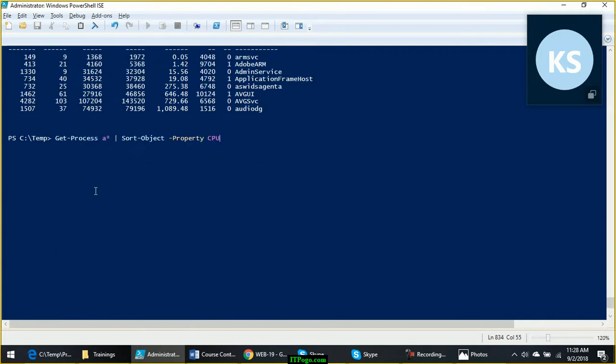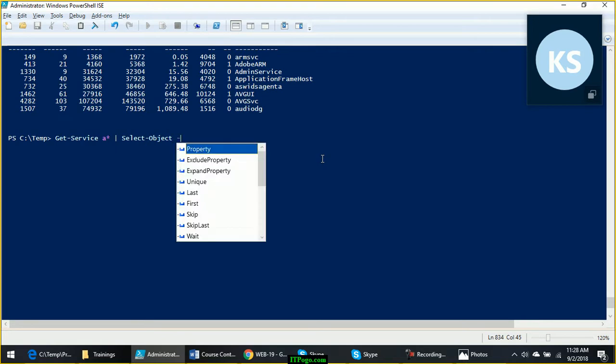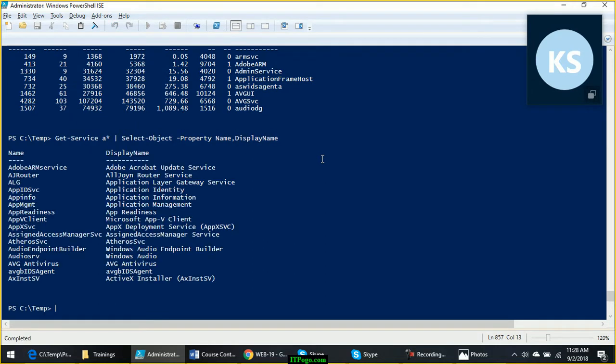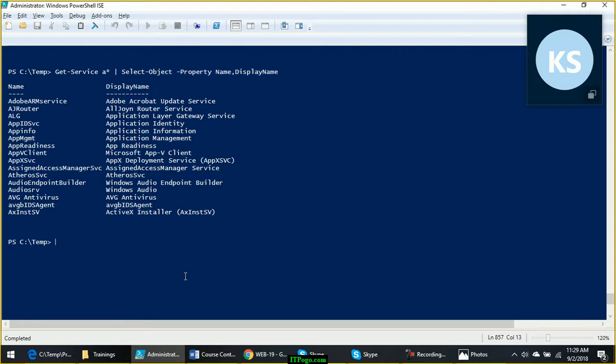Similarly, there are commands like Select-Object -Property Name, DisplayName. This command is able to take the input from the Get-Service commandlet and show us the selected properties that we want.